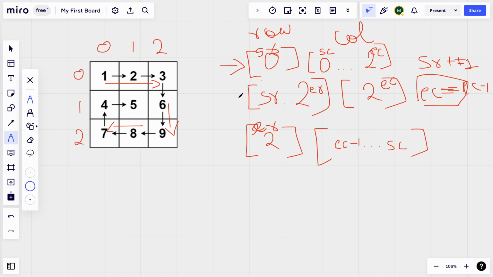We went all the way from our updated start row down. The same we did here. We are now starting from our end row